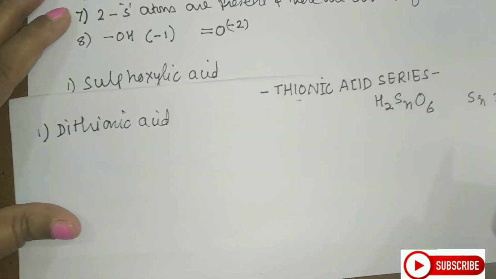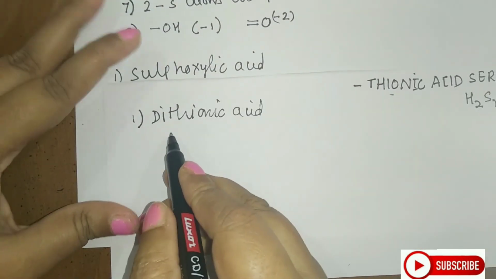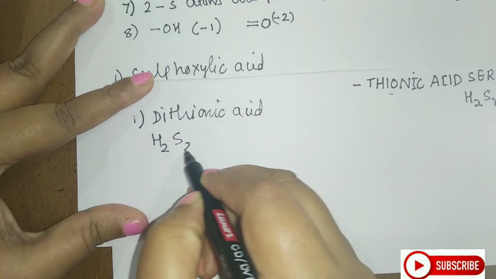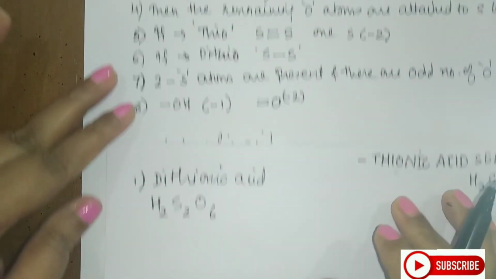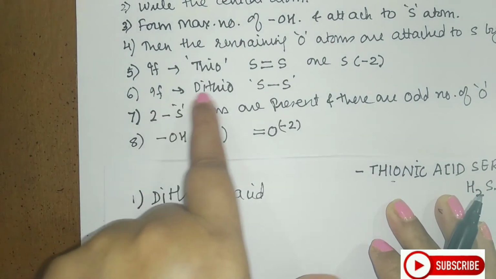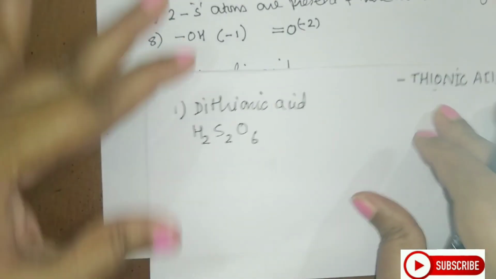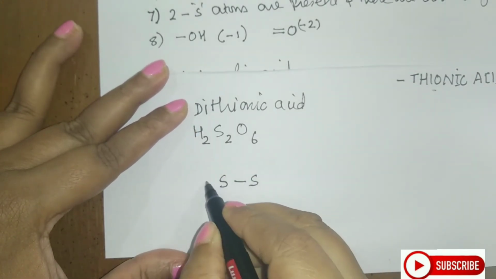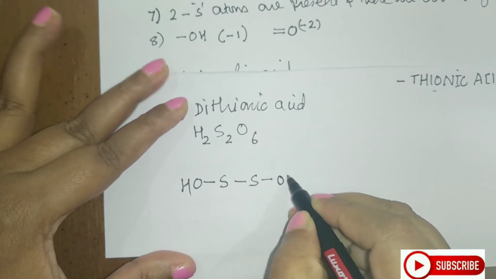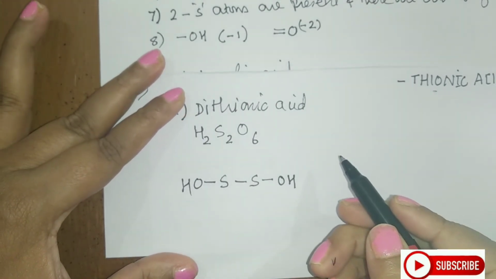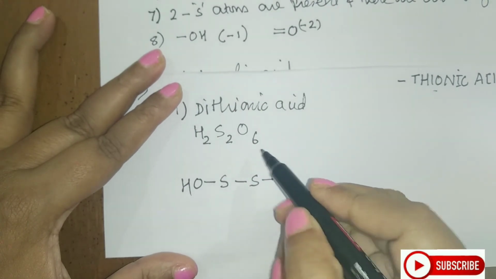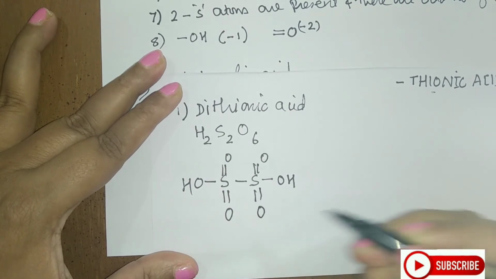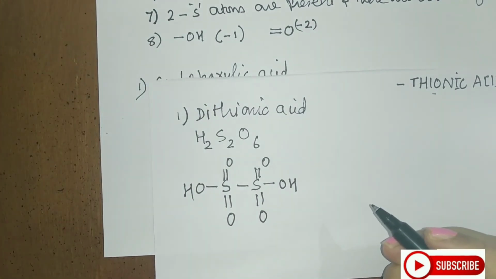So depending upon that, if n is equal to 2, you call that acid as dithionic acid. So what will be the example here is H2S2O6. Now the word dithio here, if it is dithio, I must form SS linkage. So form the SS linkage in this way. Form the maximum number of OH. So it will be 2 here. So I will write 2 OH groups. And for the remaining oxygen you have to use double bonds. 2 I have used, 4 remaining. So 1, 2, 3 and 4. So this is the structure for dithionic acid.